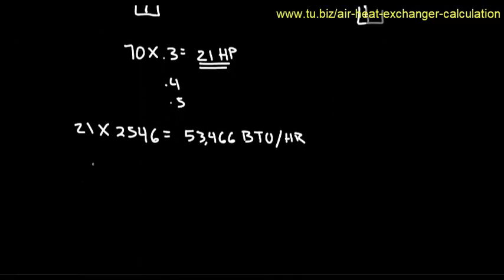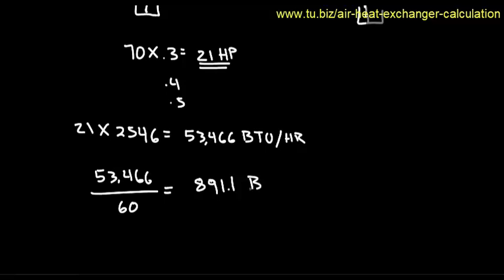So I go down on the equation and I say 53466 divided by 60 equals 891.1 BTU per hour